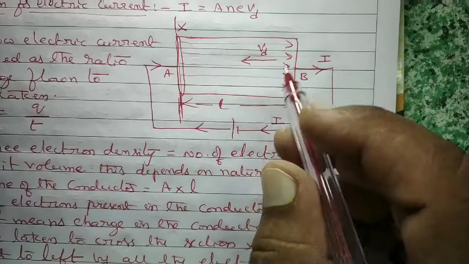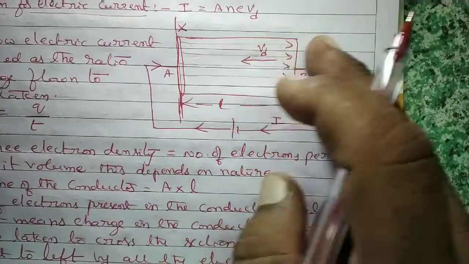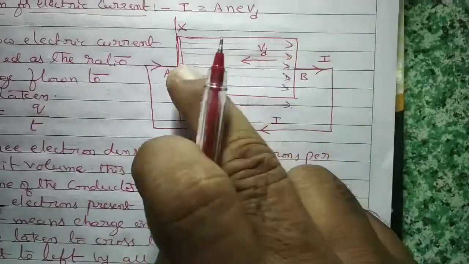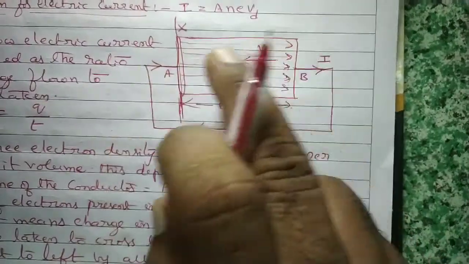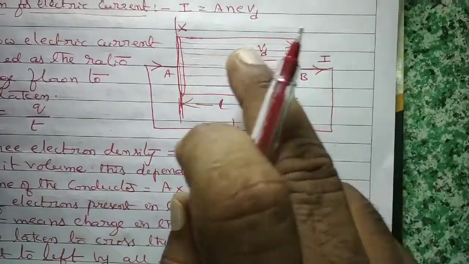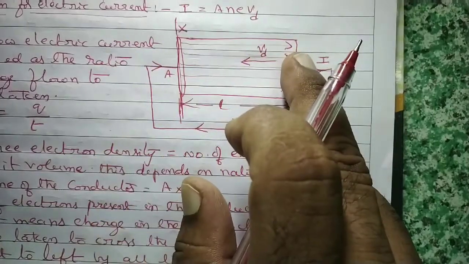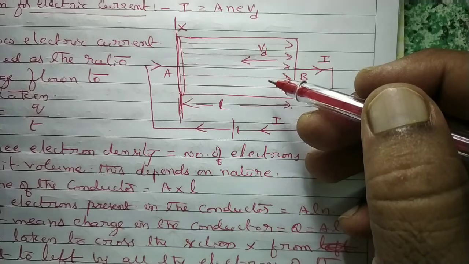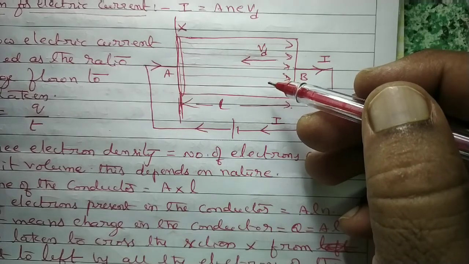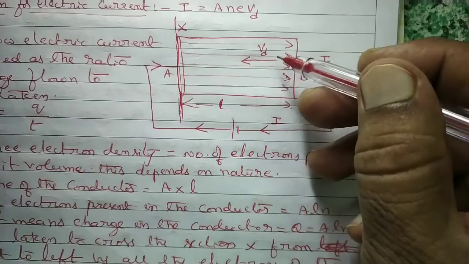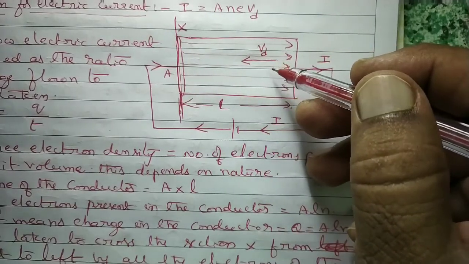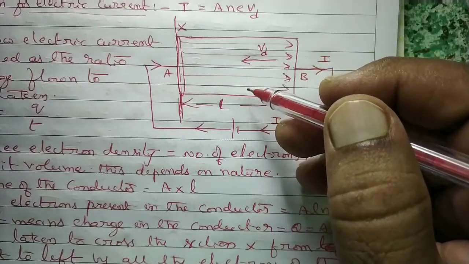But actually, we know in the conductor, electrons would be making random motion. But as we connected the battery, because of the battery, potential difference has arisen here. Because of the potential difference, an electric field is formed through the conductor, whose direction is from high potential to low potential. By that electric field, force is acting on the free electrons, which are making random motion. At the same time, they are drifting opposite to the current direction with drift velocity Vd. Then we have to get the current answer.